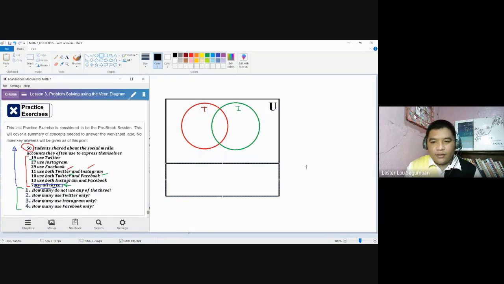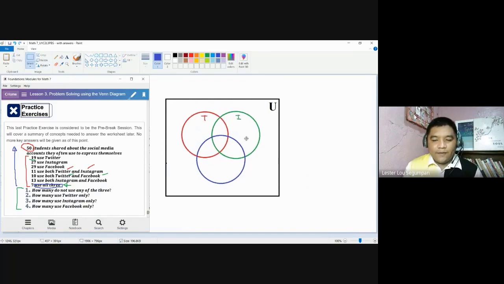Increase that like that. And let me erase this portion here. Alright. So I'm going to add again the circular figure colored blue for Facebook. And I'm going to make sure, ayan, that there is an area common to these three. So let me make this figure center here and discuss better that